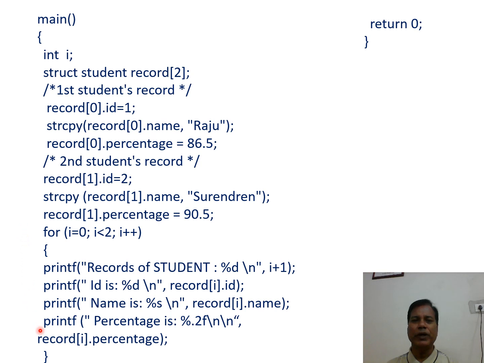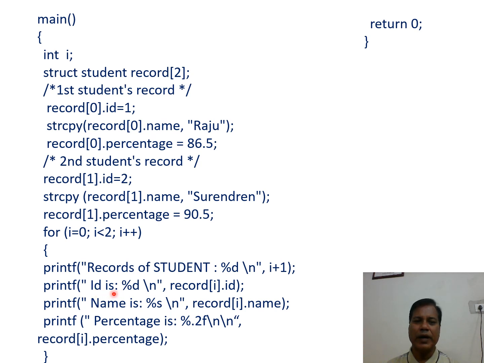Then using a looping statement, records of the two students are printed. That is, for i equal to 0, i less than 2, i plus plus. printf, the first statement: "Records of the students;" percentage, and here i plus 1, that is records of the first student. Then \n, the cursor is brought to the beginning of the next row, where printf